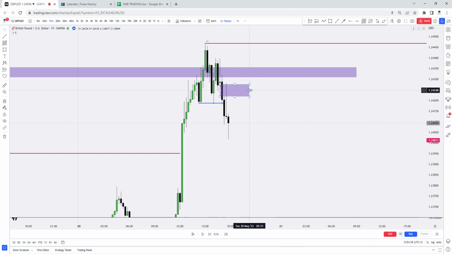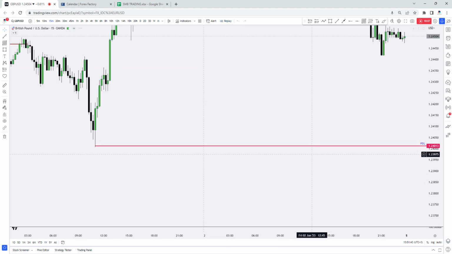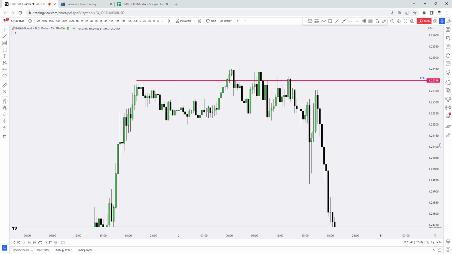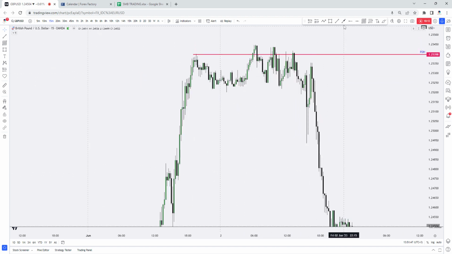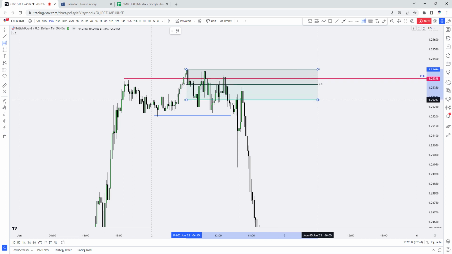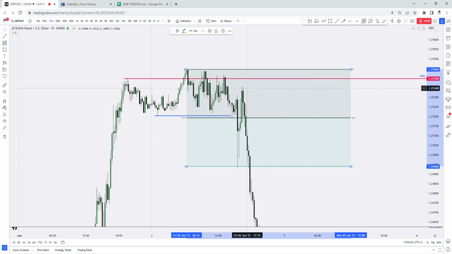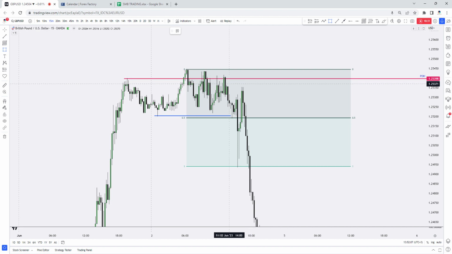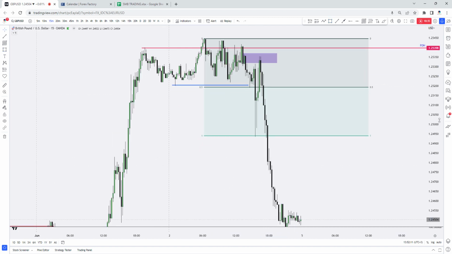So now let's look on the fourth. It was right here, easy. Price took previous day's high. I'm waiting for a shift in market structure below this low. Okay, we had it here. I'm waiting for price to come into the premium. It happened here. We touched an up candle since we are waiting for sells,